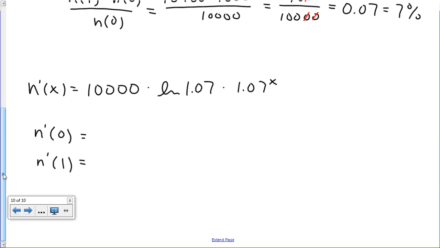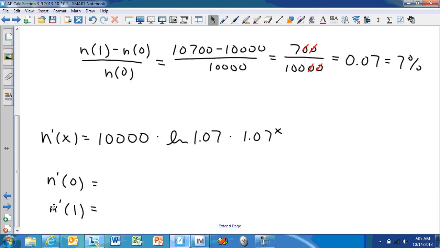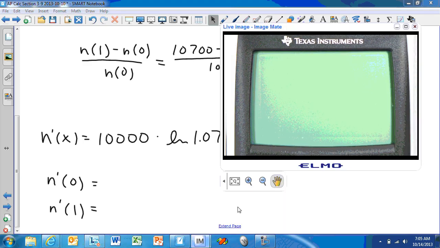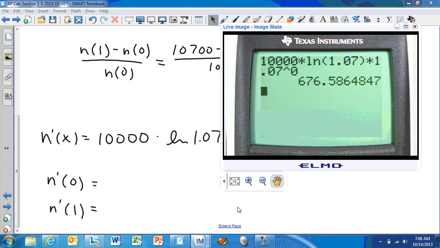And I'm going to use the calculator to help with this calculation because with the natural log in there, that's not something we're going to be able to do without the calculator, really. So we've got 10,000. You could put this into y1 and then use that function notation to evaluate these, but I'm just going to put it here on this home screen. So it's 10,000 times the natural log of 1.07 times 1.07, and we're going to raise that to the 0 power for 0. Then we get